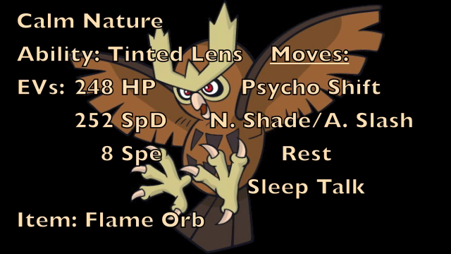Both work equally well. As for the last two moves of the set, though, we're going to be making use of Rest and Sleep Talk, which in itself is really great because it allows you to again make use of Psycho Shift, because if you Rest with Noctowl and then Sleep Talk Psycho Shift, you will pass your sleep status on to your opponent, thus basically being able to cripple two things at the same time, whether it be through burn or through sleep. So this is a pretty cool, unique utility Noctowl set that you can run with it,